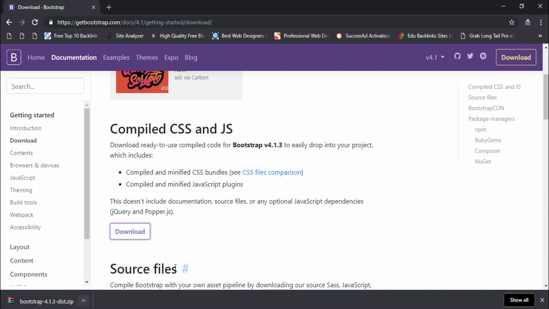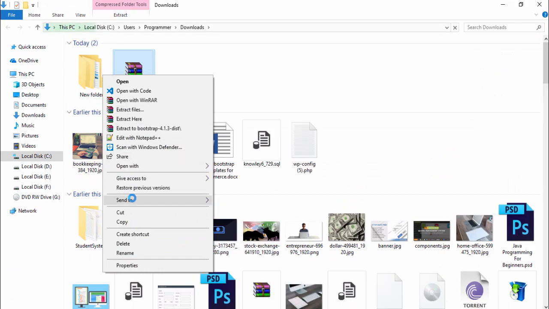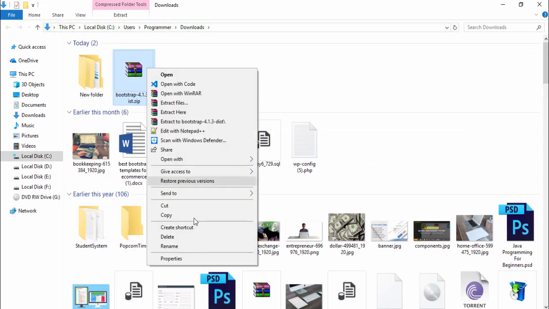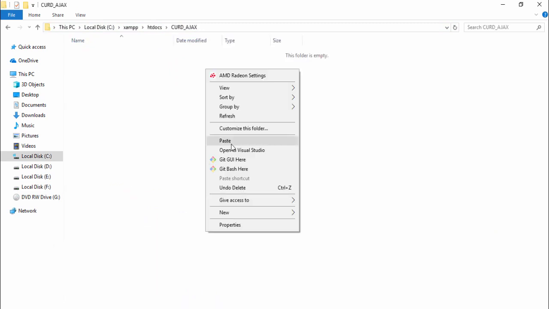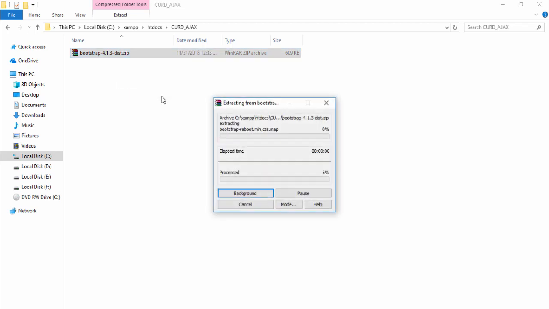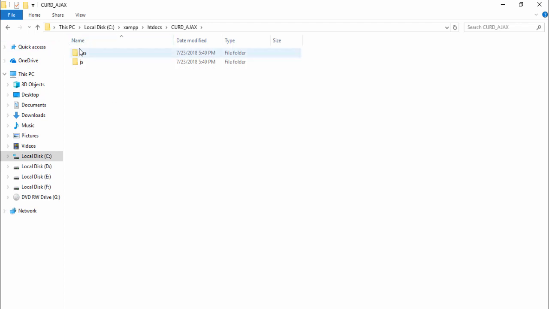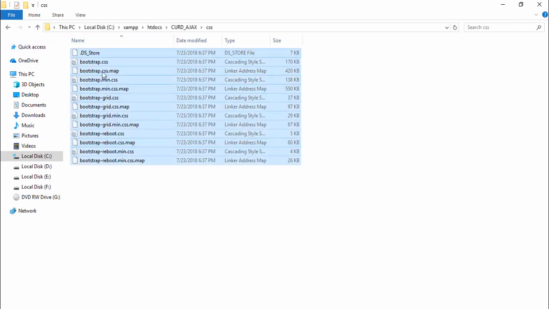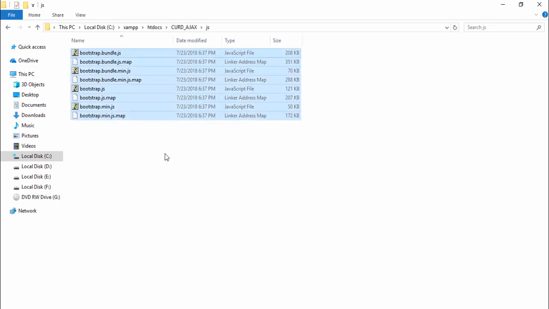Open show in a folder, cut and go to your project folder and paste here. Right click it and extract, and delete the zip folder and go to CSS folder, select all files without bootstrap.css file, remove all the files. Okay, and go to JS folder and select all files without